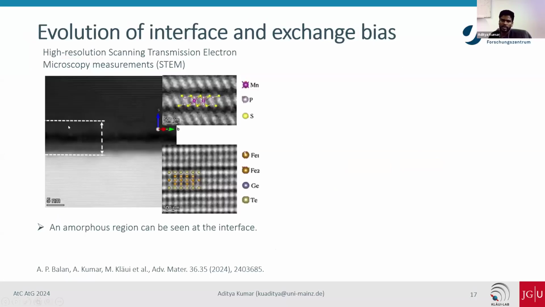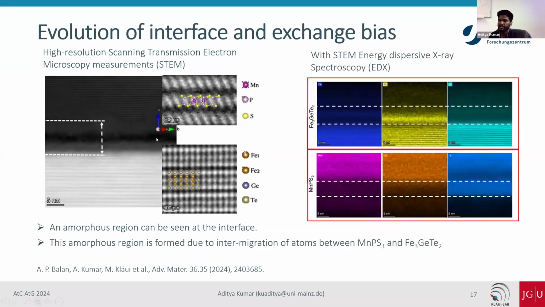Surprisingly, what we saw in our interface was that the interface is not exactly flat. We still see some amorphous region, but we did not really expose our sample to the air. So what's happening here? If we look at the elemental analysis of the interface, we see that the iron,